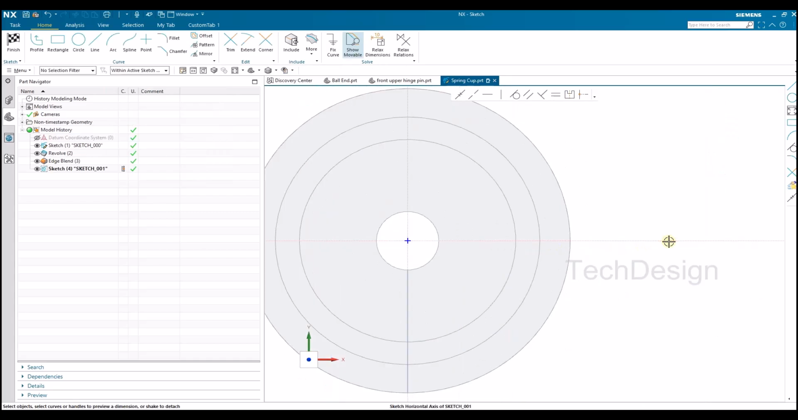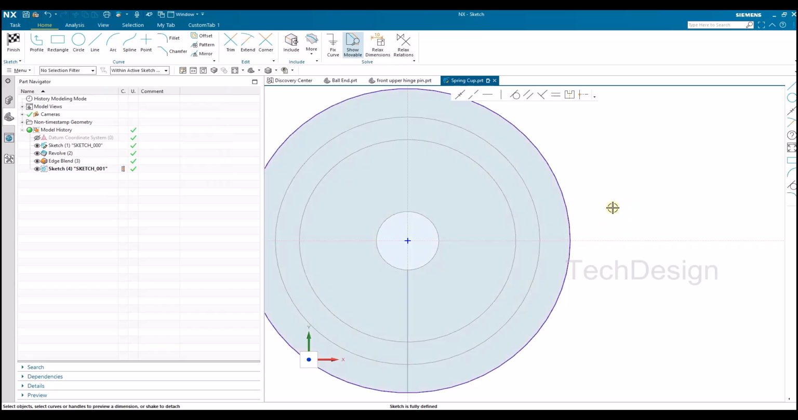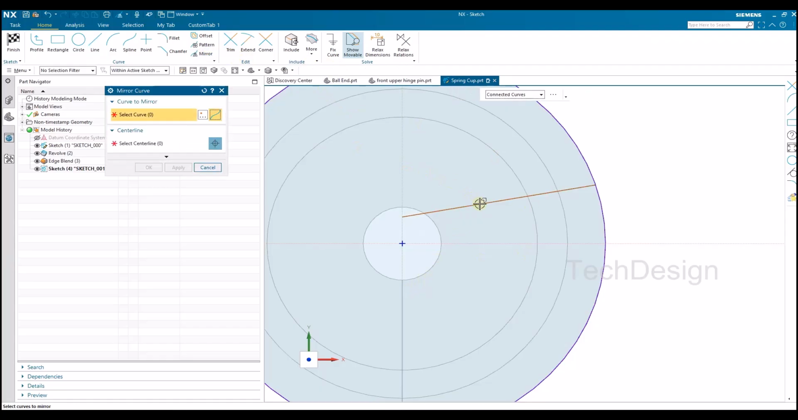And here what I'm going to do is I'm going to extract this curve. So I'll just go to project curve and select this project curve. I have extracted this. So now I'm going to draw two lines here. So I'm going to start a line, this line, and I'm going to mirror this line. So let me go to mirror, select this. My center line will be this. Okay,